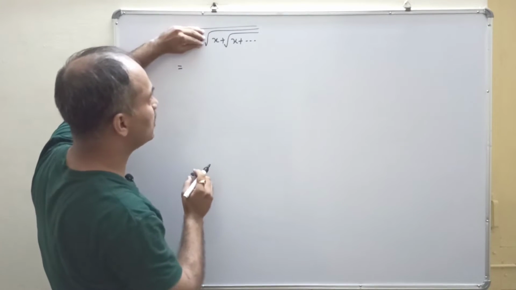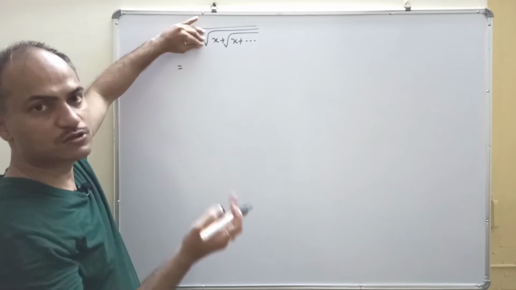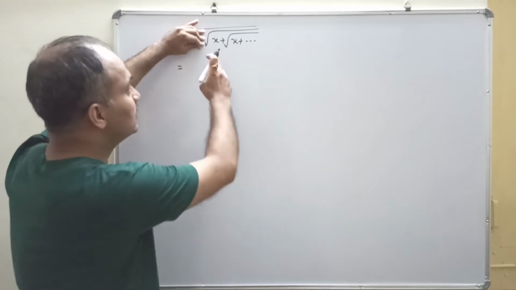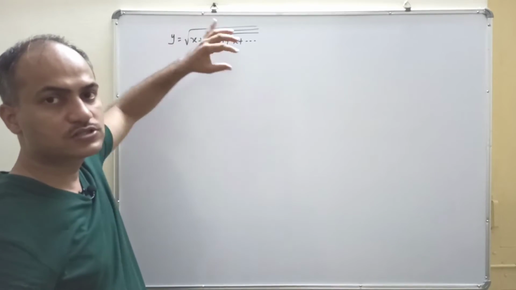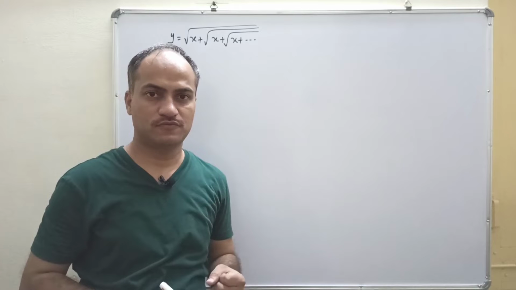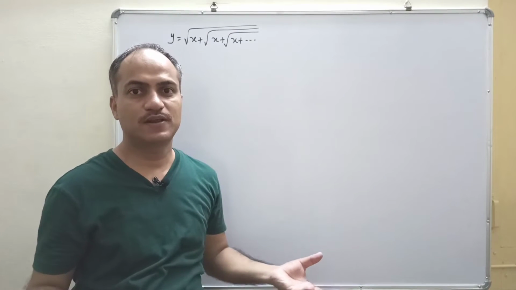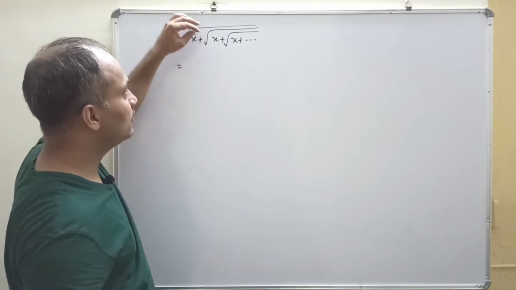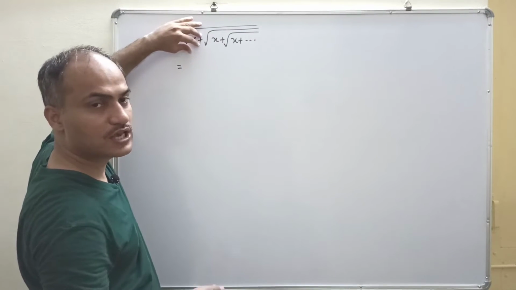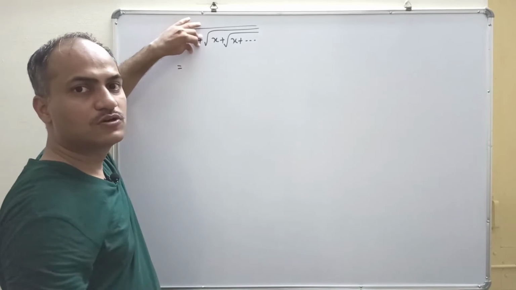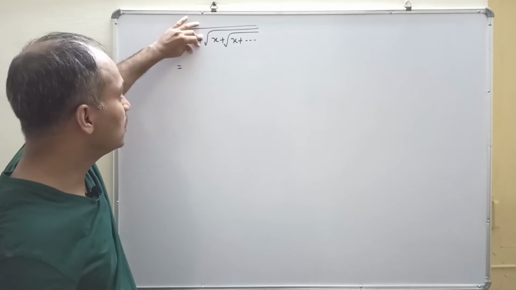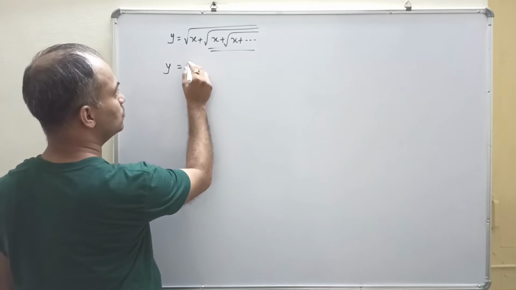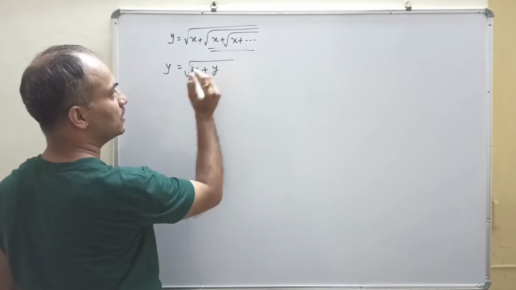If we leave this one y, now think about this. This is also infinite terms. So we can also say that this is also y, because from an ocean if we take one bucket of water, then obviously the remaining is also an ocean. So similarly from infinite terms, if we have taken one term, then the remaining terms are also infinite only. So this value is also y. So hence we get y is equal to root of x plus y.